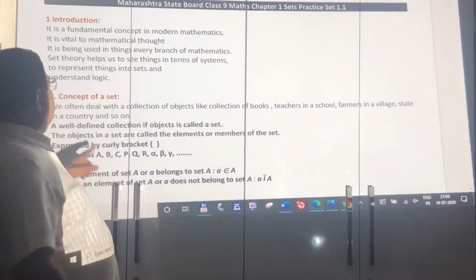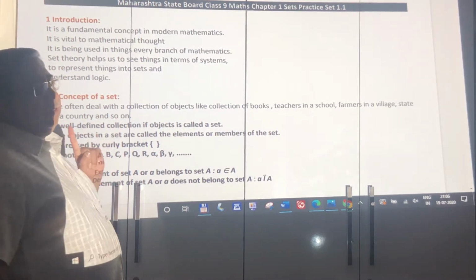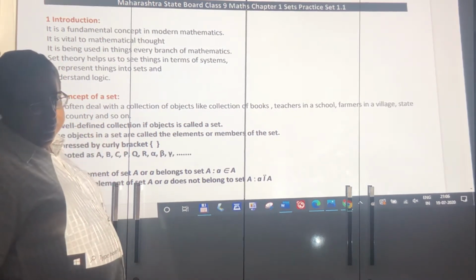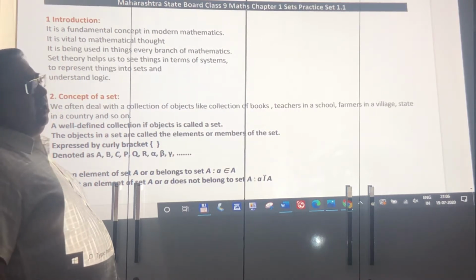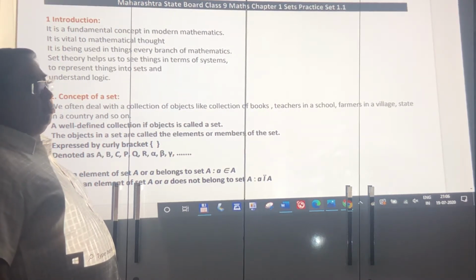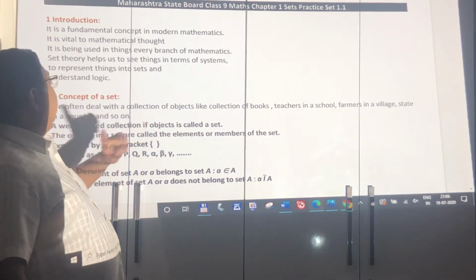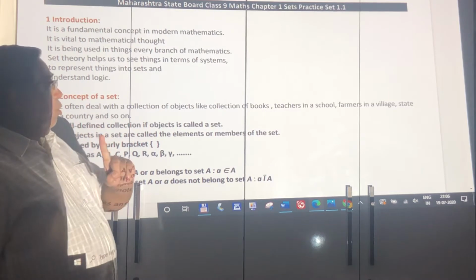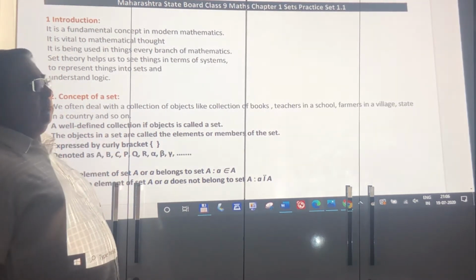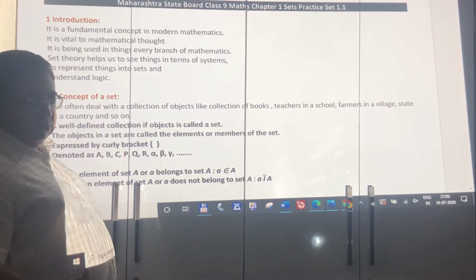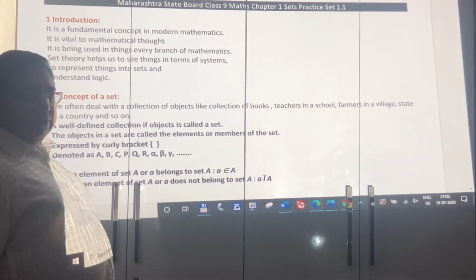Okay, a well-defined collection. You should not have confusion. Suppose I say, can I include Burma in Indian states? You say no. Why? It's not part of Indian territory. It has to be defined. If it is defined, then only it belongs to the set, otherwise no. We can't have generalities. Okay? Mars is just like Earth. That's not true. How will you define Mars condition and Earth condition? They have to be exactly the same.